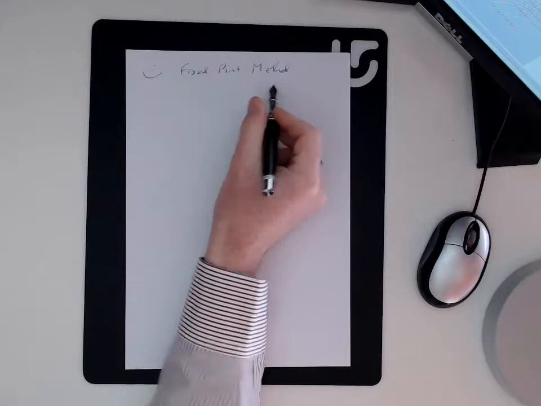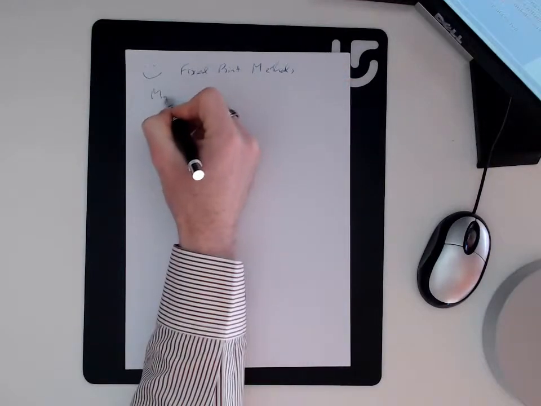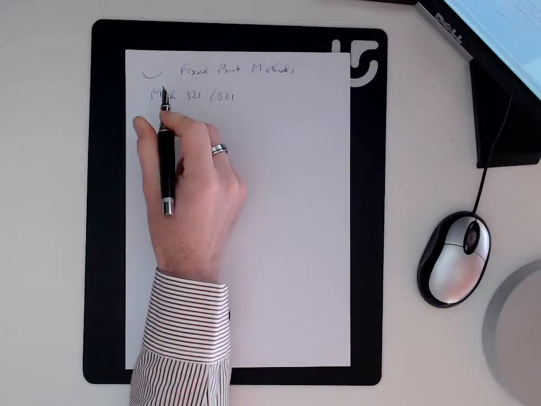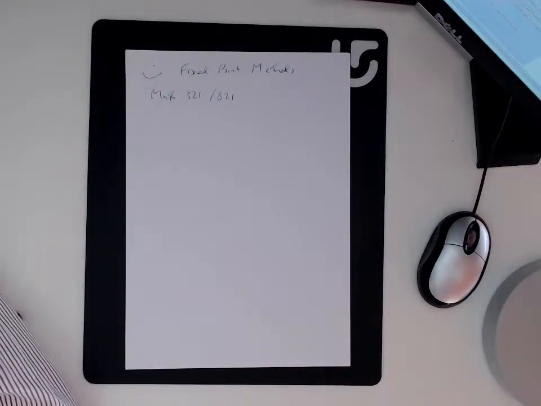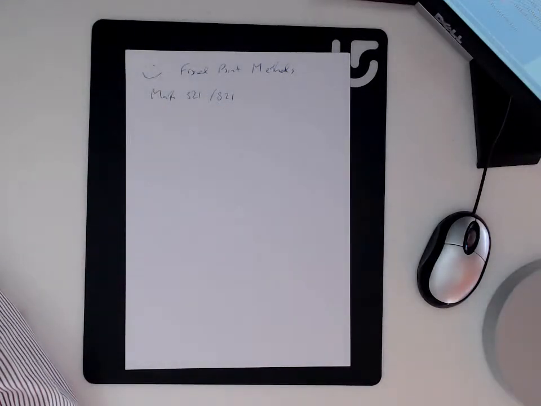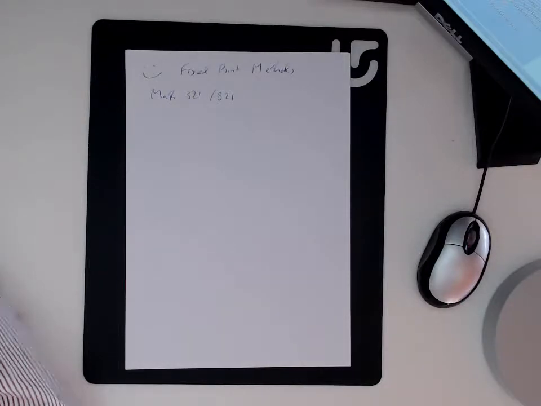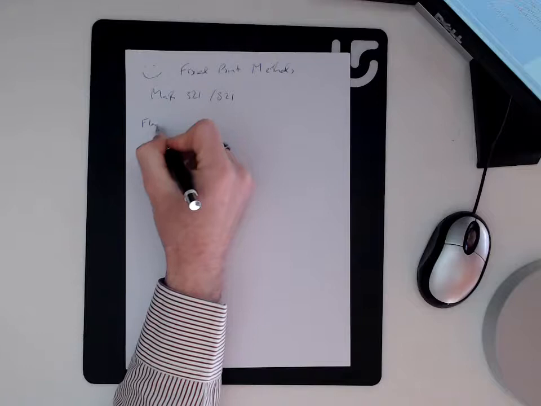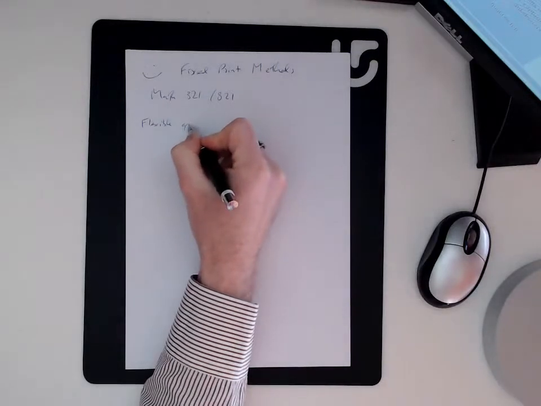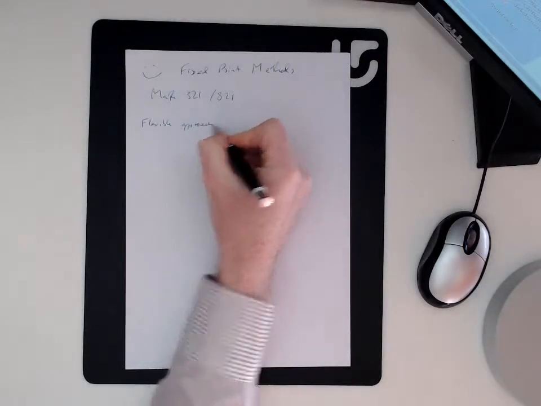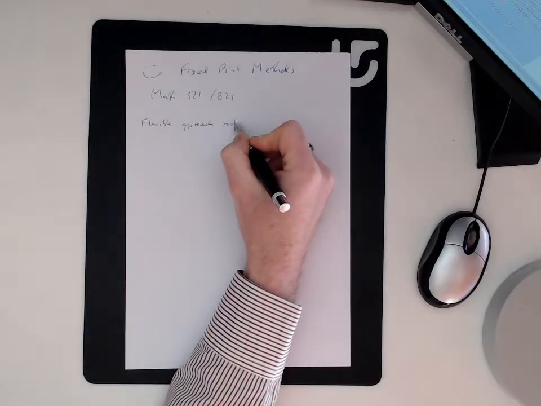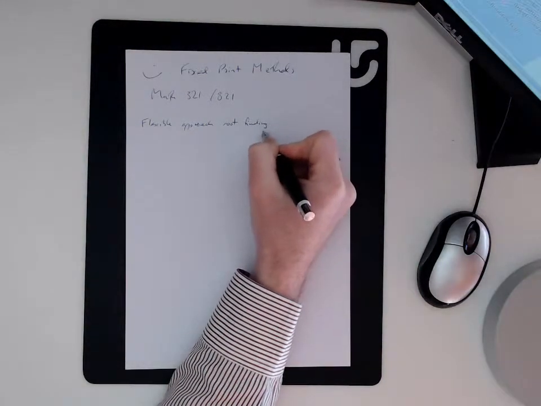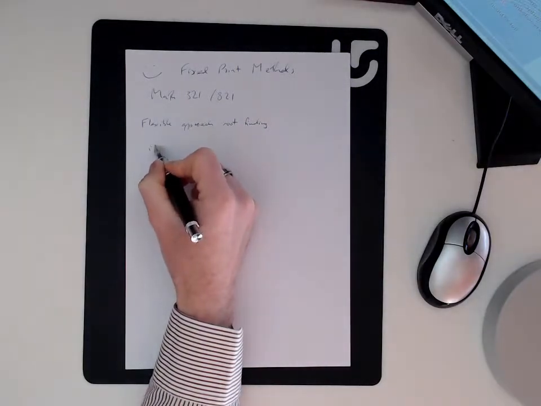Fixed point methods. This is Math321 821. Fixed point methods are a generalization of Newton's method. Wow, no, they're a flexible approach to root finding. They have other applications as well. So the idea is, if